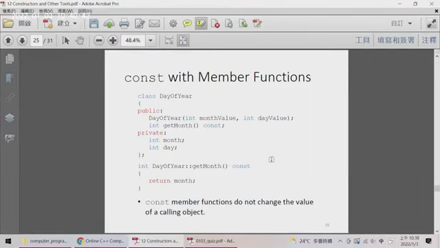For this example, we define the class day of year, and this class has one member function, get months,